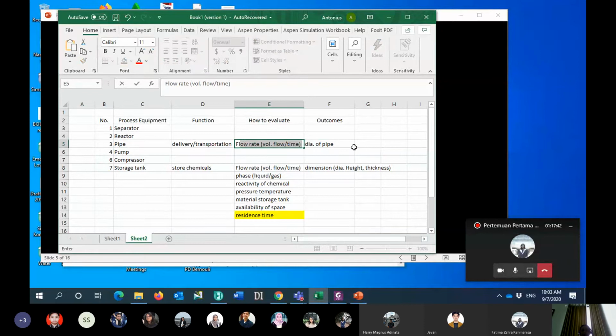It will depend on the flow rate of your liquid, which has the dimension volume divided by time, the volumetric flow, and then your outcome is the diameter of the pipe. So what kind of correlation do you require to connect between the flow rate and diameter of pipe? In the previous case, you needed the residence time, but in this case,